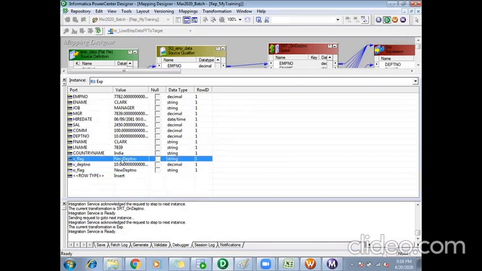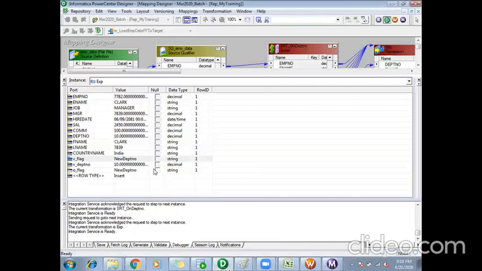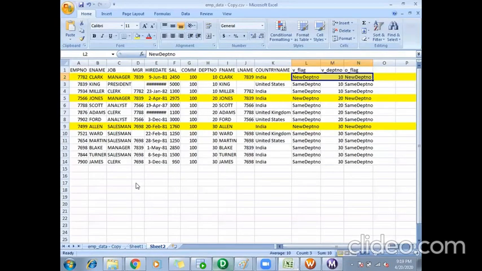So V flag is assigned with the new department number because of the condition we have given in my new flag: V department equals new department. Then V department will be executed. It is assigned with the department number value. Then O flag is assigned with V flag. So for the first record, this is how it is coming. The same thing that I have shown here in the sorter, I can check in my debugger. Then I can press F10.